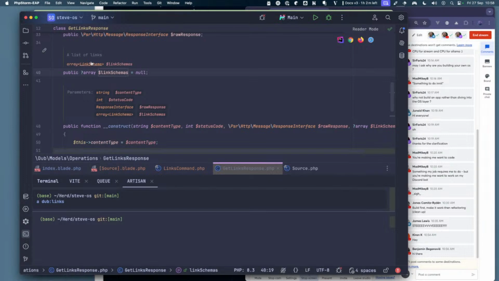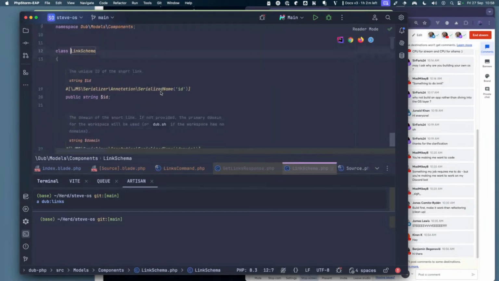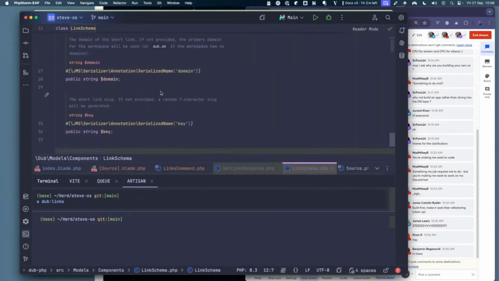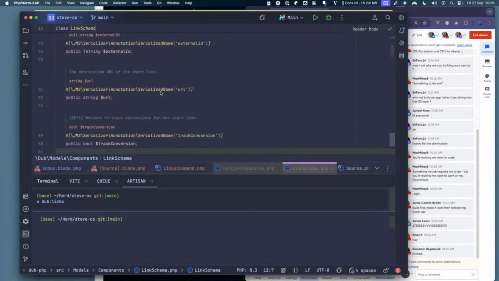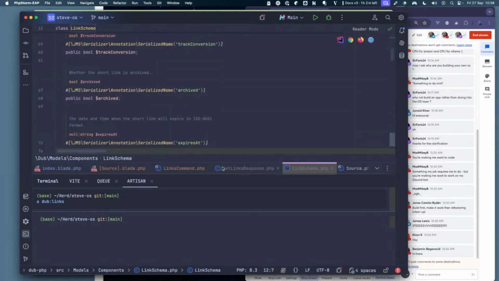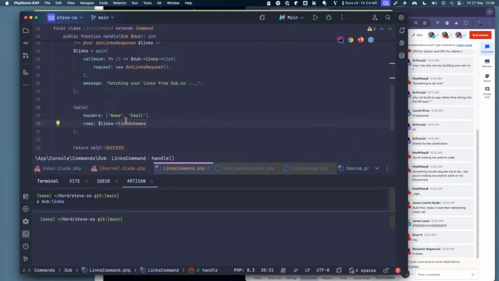This is going to be an array of link schemas. We're going to have a domain, URL, so that sort of stuff. So I can say, I don't know, let's say ID, domain, URL for now. We'll do that. So if that's an array of link schemas, I should, in theory,